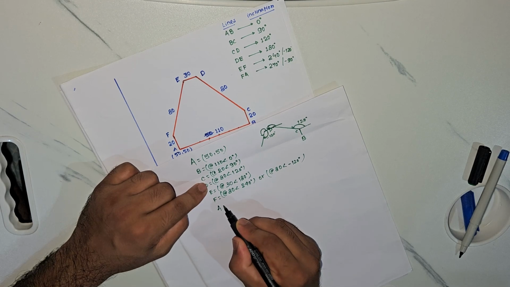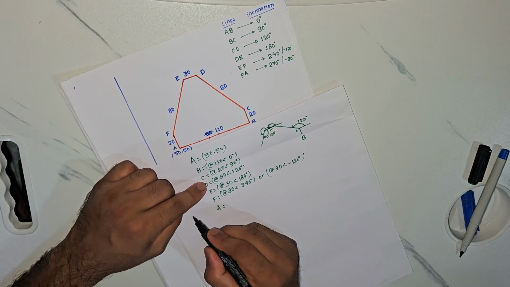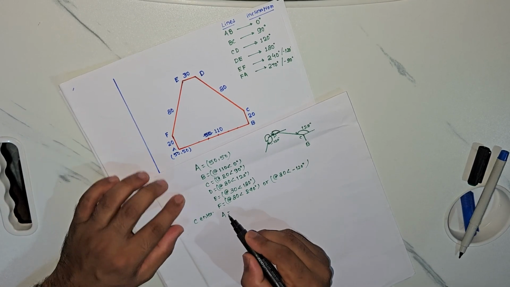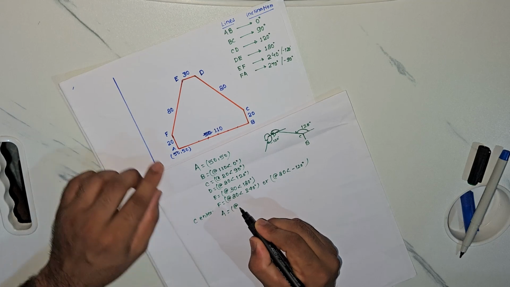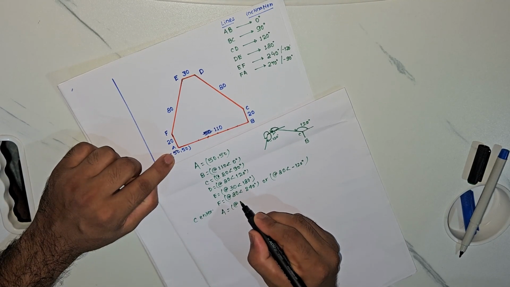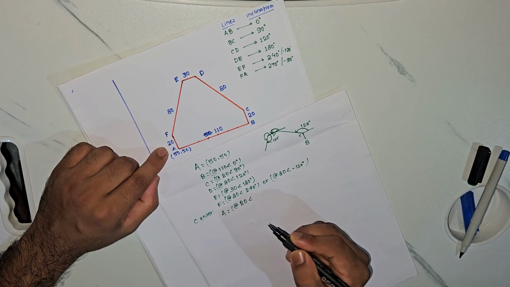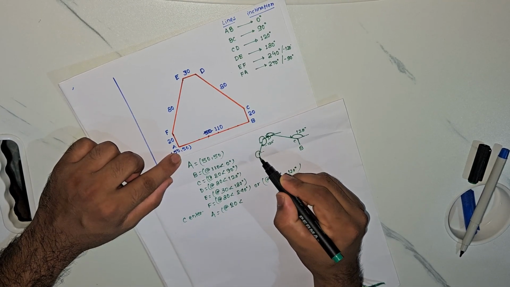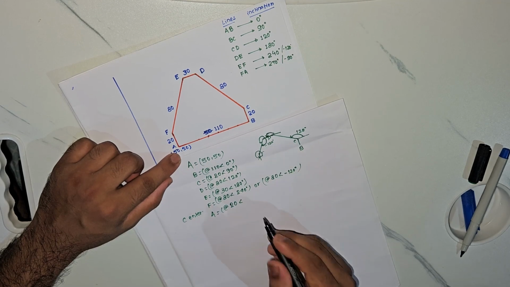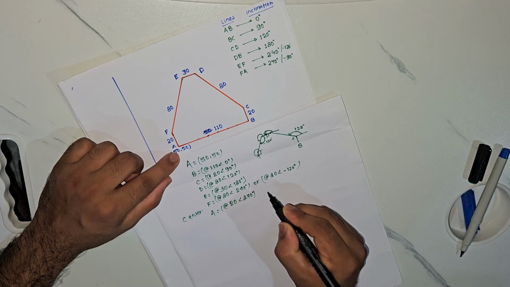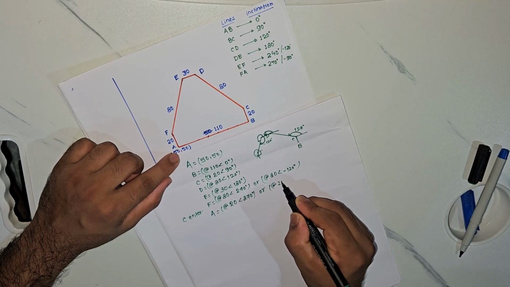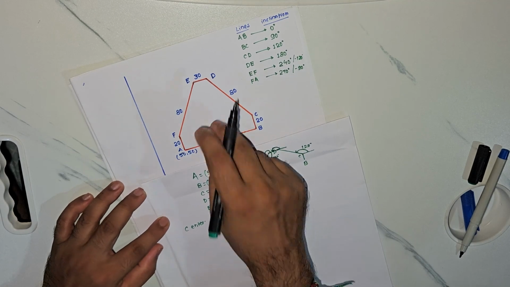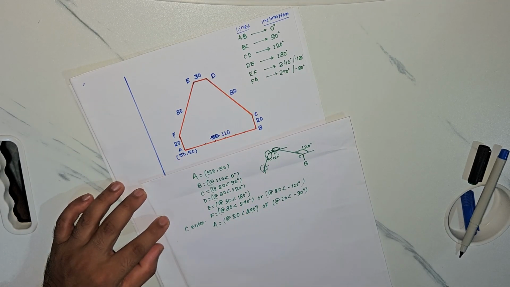And now again for A, you can just press C and enter, or you can enter for A is @ the distance from F. The distance from F is 20, and what is the angle? The angle is 270 degree or minus 90 degree. 270 degree, or @20, angle is minus 90 degree. In this way you can write the coordinates of this figure.